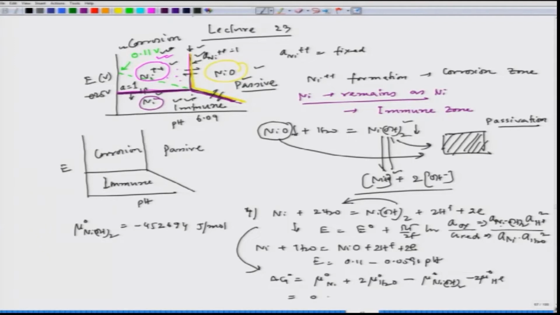So, this is 0, this is minus 2 into 236,964.2, this will become plus 452,694, this is going to be minus